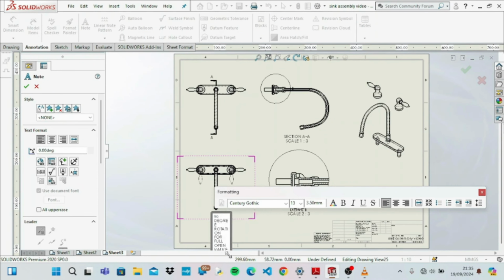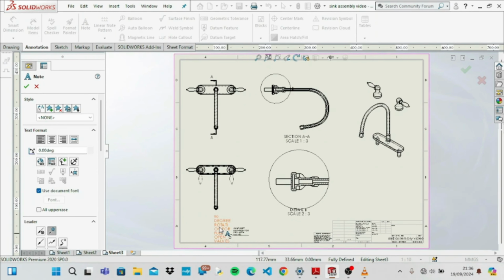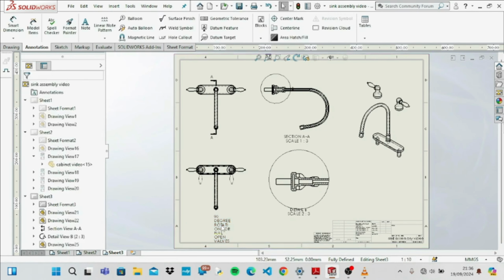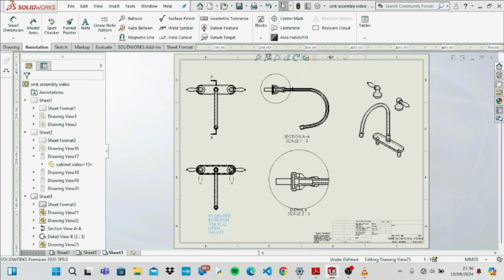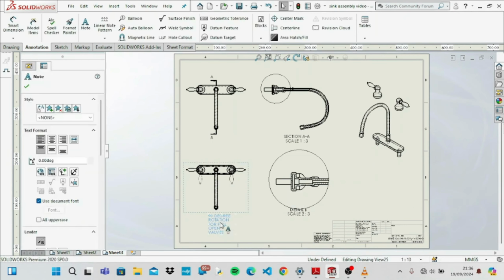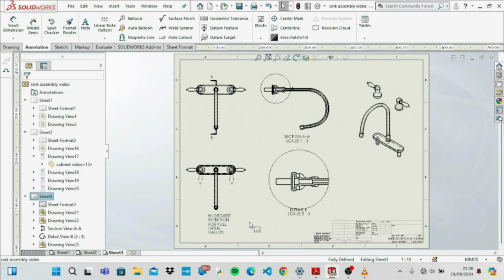Say 90-degree rotation for full open valves. So yeah, that's basically everything about